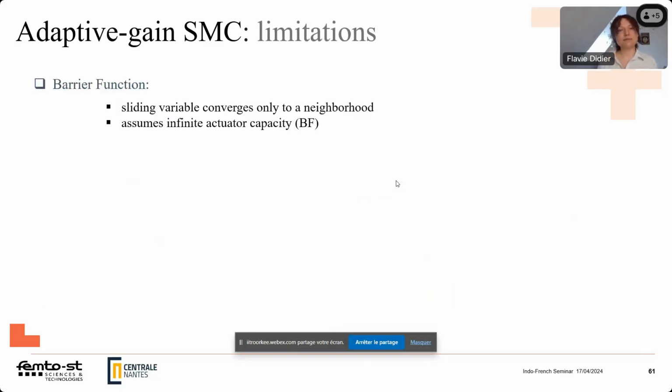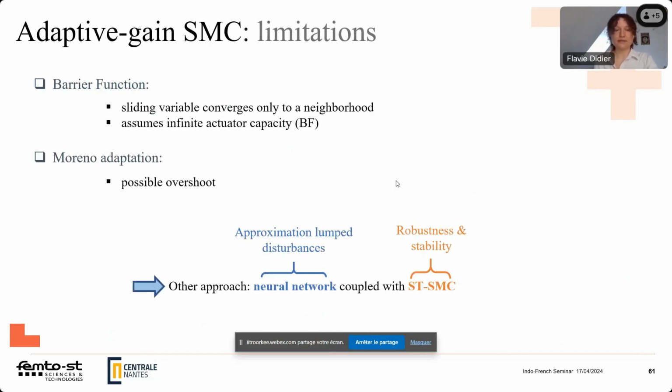So for the adaptive gain sliding mode controllers, the barrier function super twisting algorithm shows great results, but the sliding variable converges only to a neighborhood, and we have to assume infinite actuator capacity. For the Moreno adaptation, there are possible overshoots, but there is another